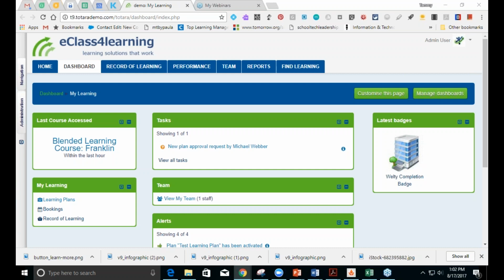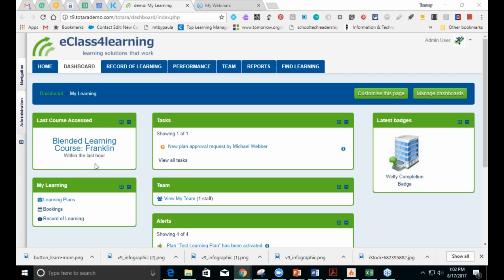An improved default dashboard, and I'm in the dashboard right now, and it's moving towards a more modern design and an improved user experience. Some of the things that you'll see in the dashboard is there is now a last